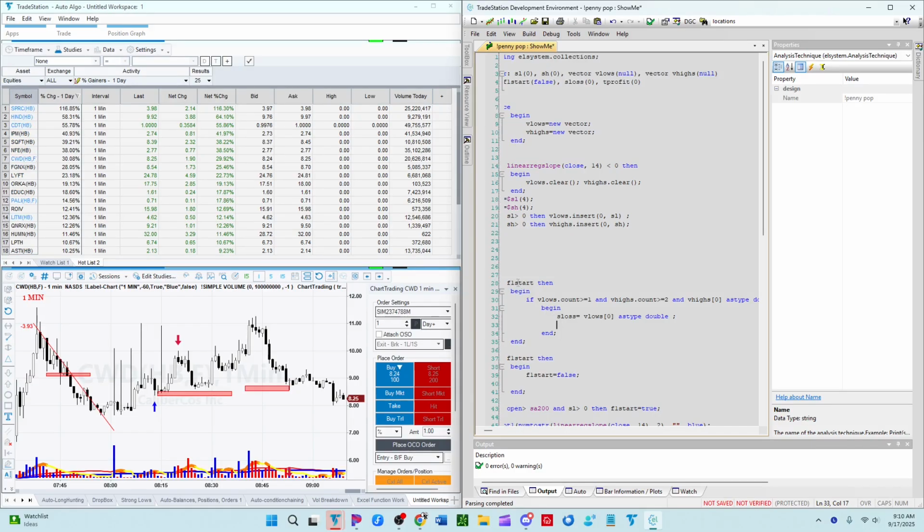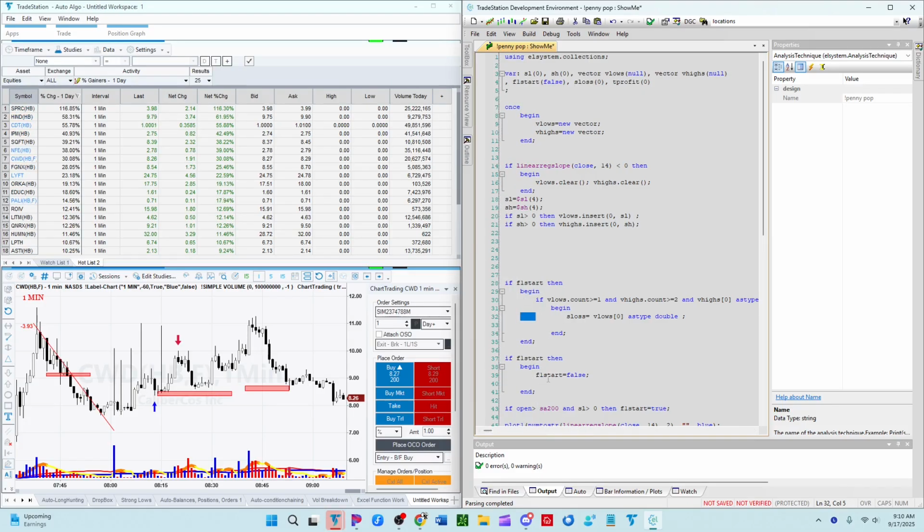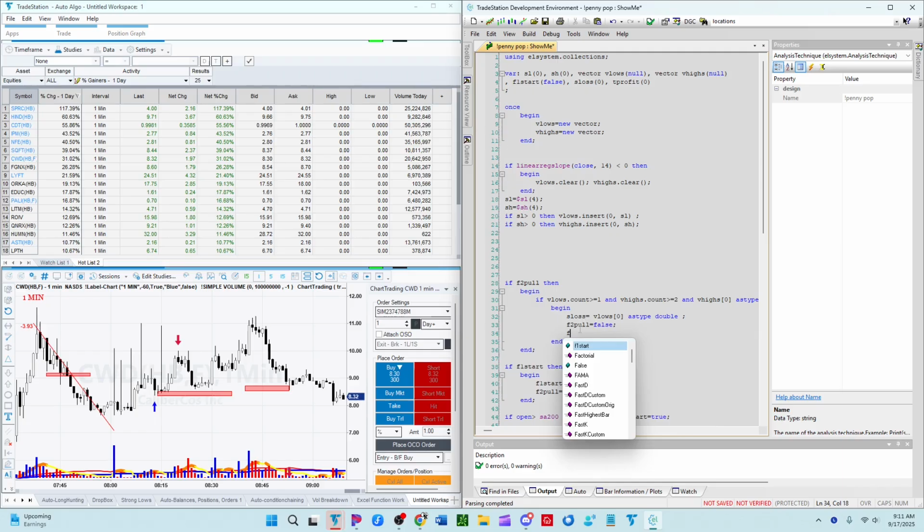All right, and then if F1 start is true, F1 start is false, and then F2 flag 2 pull, it's a pullback, flag 2 pull equals true. So if F1 F2 pull, then we're going to do this, and if this does happen to be true, we're capturing the stop loss, and we're saying F3, and we're saying F2 pull equals false. So we're going to the next condition. F3 entry